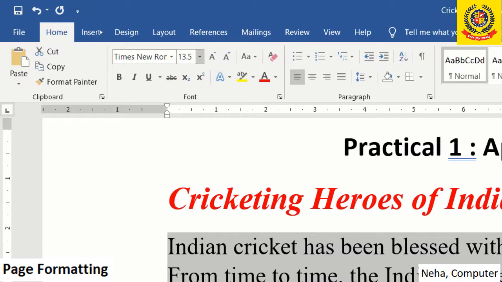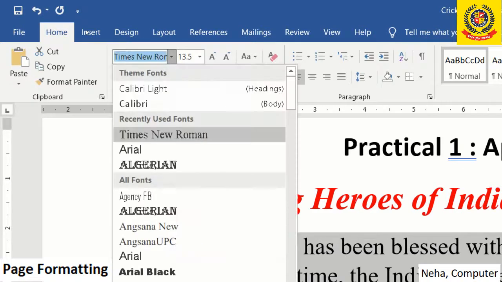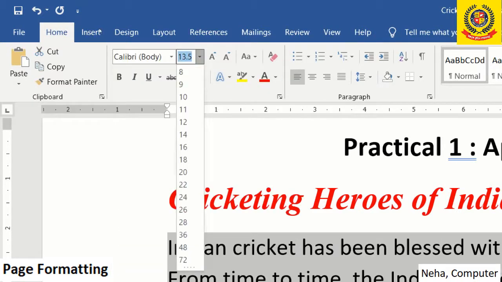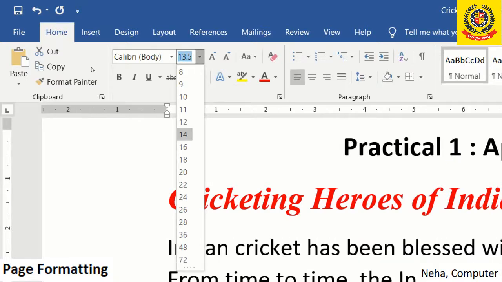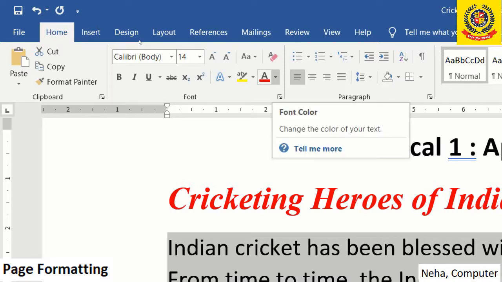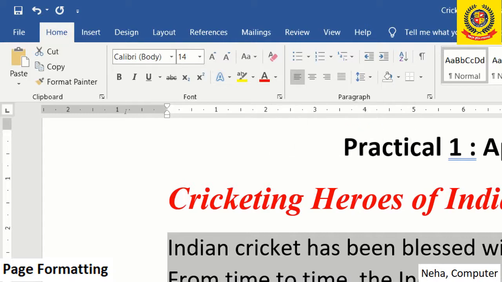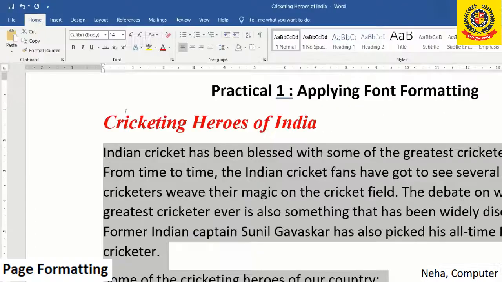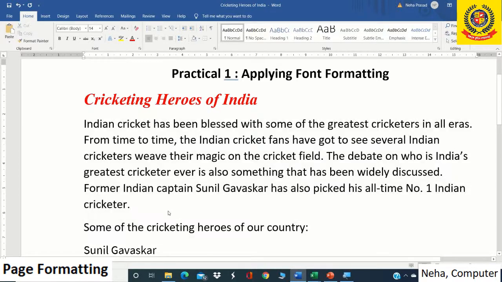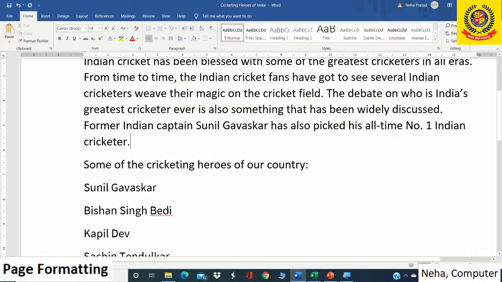We can also change to some other font face. We can take Calibri. We can set the font size to 14 and we will keep the color black as it is. We are not going to change the color. Now we will see the difference: the size and the face of the font have changed, so it's looking different.